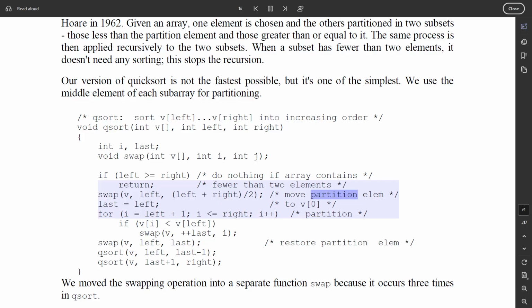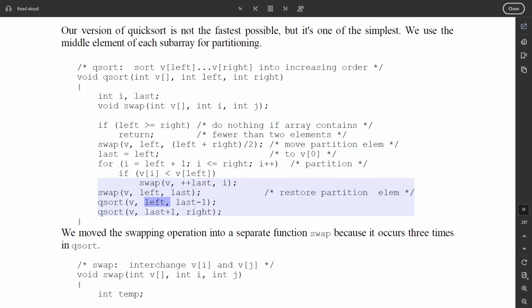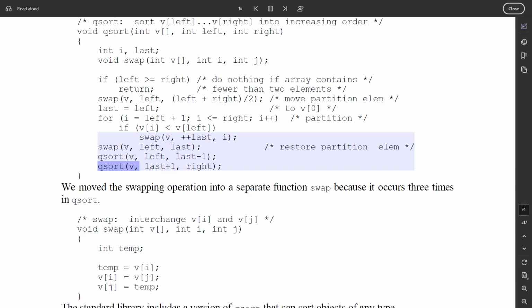/* move partition elem to v[0] */ last = left; for (i = left + 1; i <= right; i++) /* partition */ if (v[i] < v[left]) swap(v, ++last, i); swap(v, left, last); /* restore partition elem */ qsort(v, left, last-1); qsort(v, last+1, right);